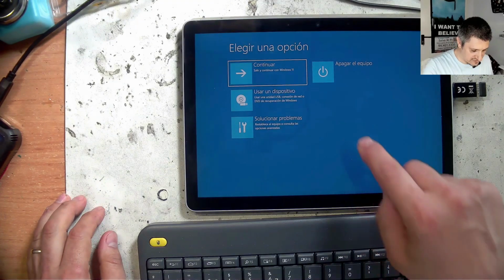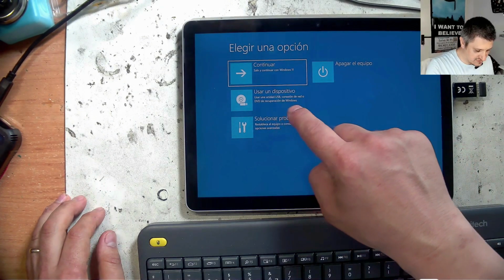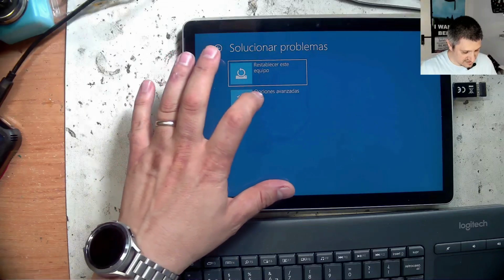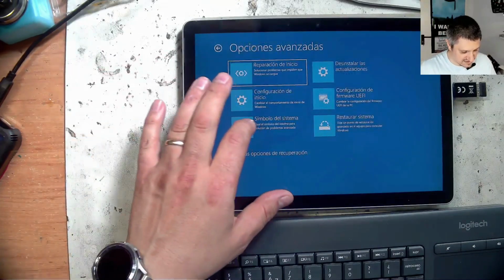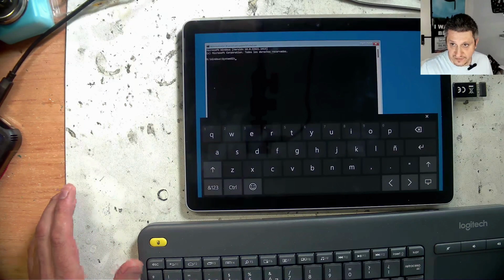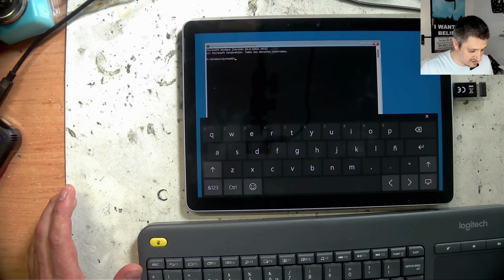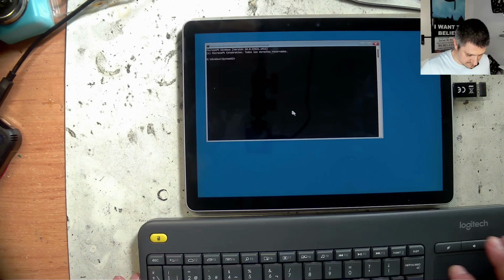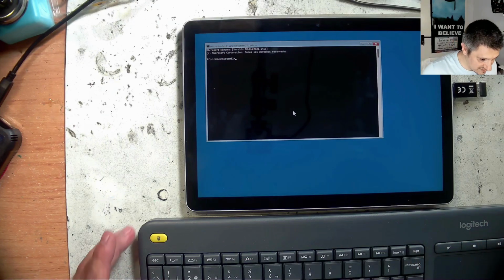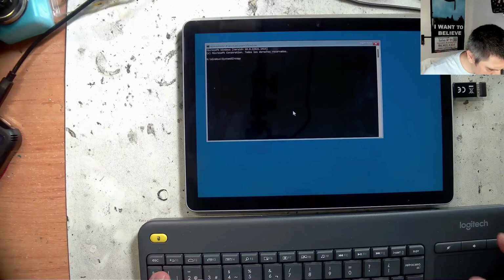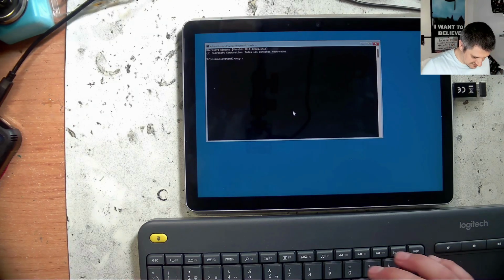Now what you do is you go to fix solutions or whatever it is in English, advanced options. Now in here you have the command prompt screen. Okay, in here I'm not sure if you can see the screen. You have to type the commands that are in the descriptions. Okay, copy, let me see if I'm typing right, C colon